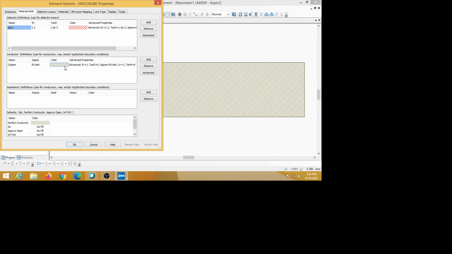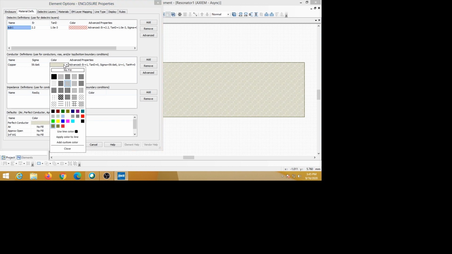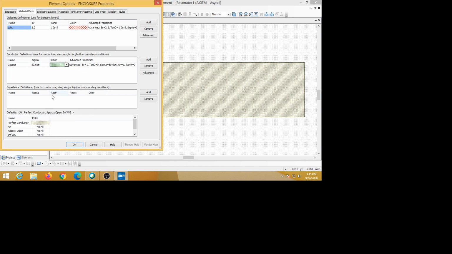So you can change the color of this copper, edit the color. We will edit that to some green color. I am giving this color, or we can take any color. This maybe is similar to the one here, so don't take that. So green color. Okay, this is green. Okay, close. So this is green, but the stripes must be opposite to the perfect conductor.